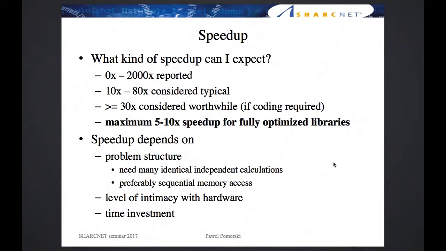So sometimes it's 0. So some problems don't lend themselves to the GPU, so they don't speed up at all. Then there's some extreme results. If a problem lends itself particularly well to GPU architecture, you can get a few hundred times speedup. Now, speedup between 10 and 80 is considered typical. And here we have to distinguish between speedup over a single core versus multiple cores. So if you have a completely serial program, which is just running on 1 core, and you want to convert it to CUDA, you are hoping that once you finish converting your program, it will run about 30 times faster